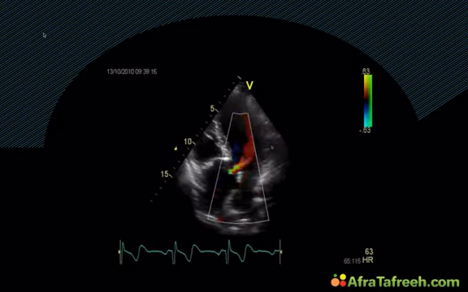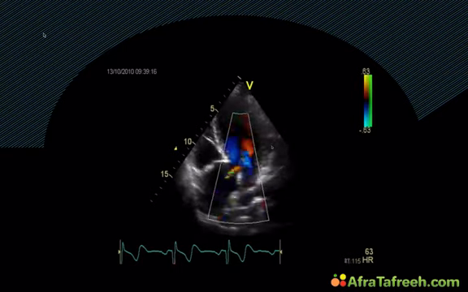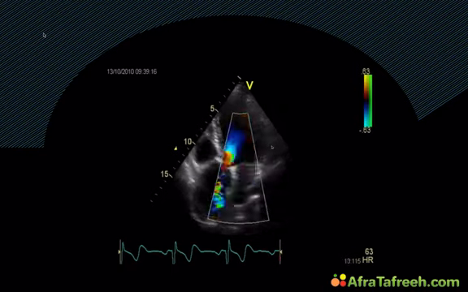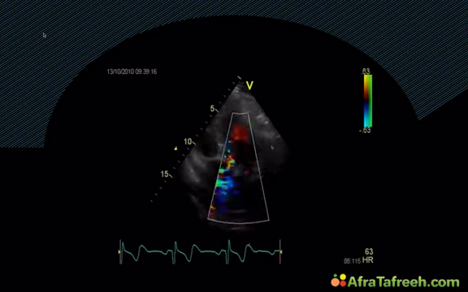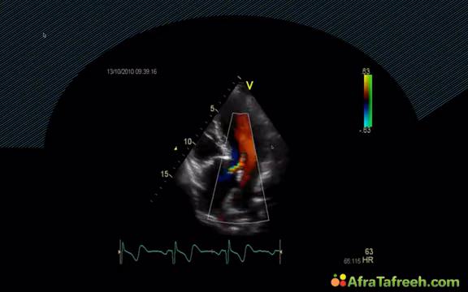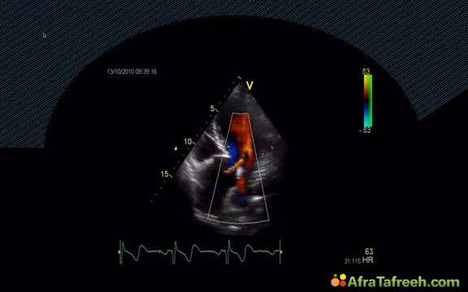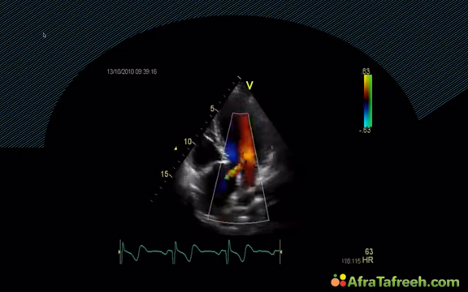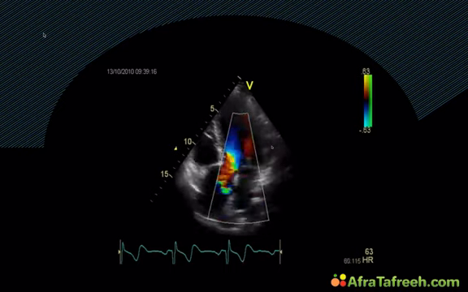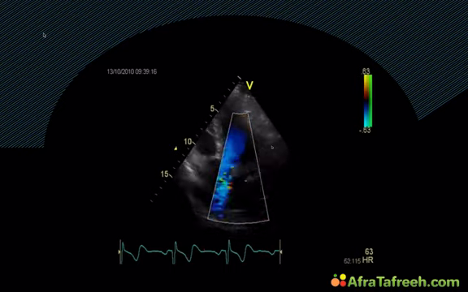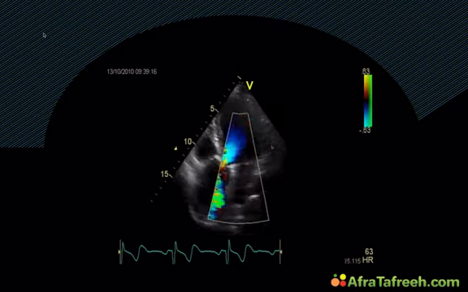Okay, so this is the aortic regurgitation, which I would probably grade as maybe mild to moderate. And the reason for aortic regurgitation is probably pretty obvious. The reason is the dilatation of the aorta. Because if the aortic root dilates, you can expect the cusps to separate from each other, some degree of aortic